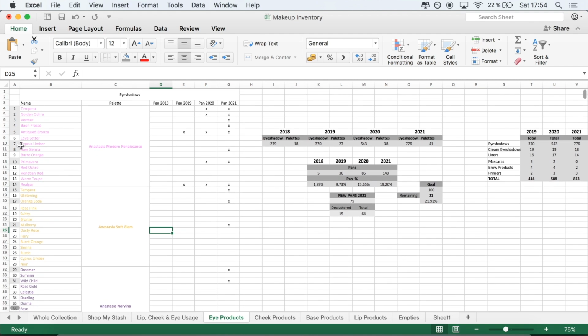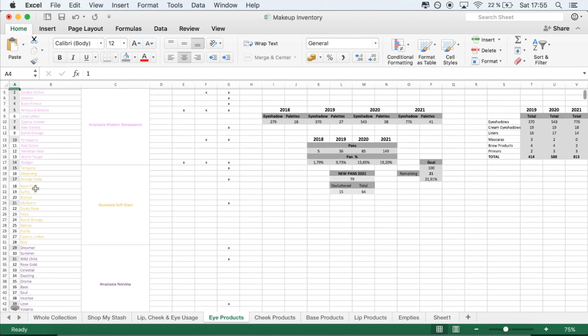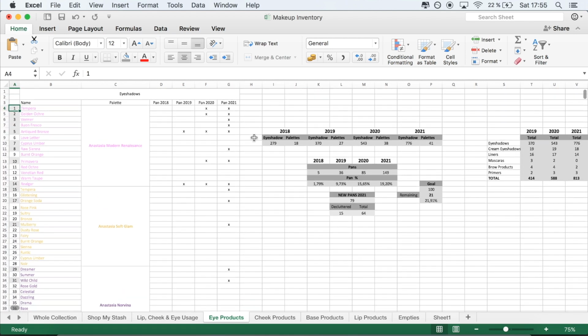And also on the sides here you can see all of the grayed out shades are things that I'm working on, or that I hit pan on already. That's just for simplicity's sake when I do my Panning Eyeshadows rotation and things like that, just so that I can see what already is in a project or that I've already hit pan on, which then wouldn't be eligible for my panning eyeshadows. So this is what my spreadsheet looks like, and I have mine organized by type of products,